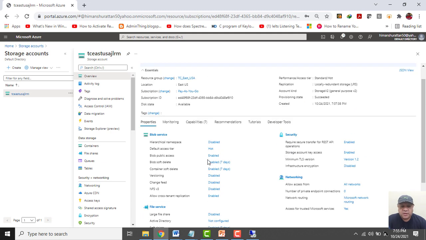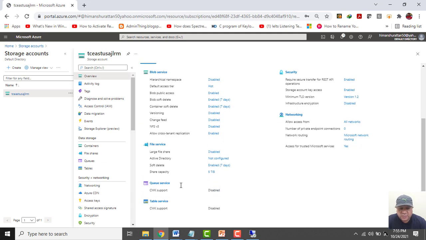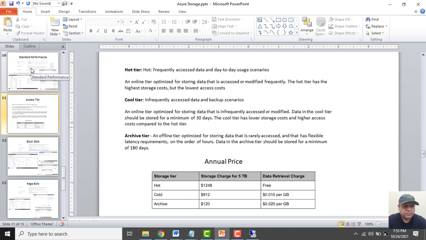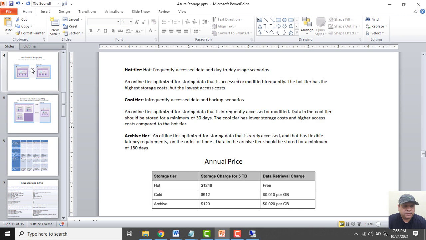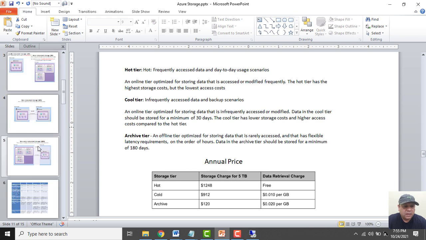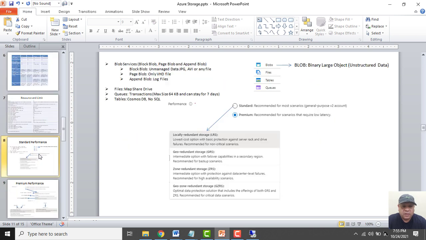So guys, we have discussed the blob services and the file services. Let me give a small brief about the queue services and the table services as well. So what happens when we talk about queues?